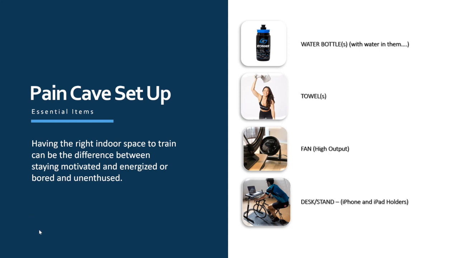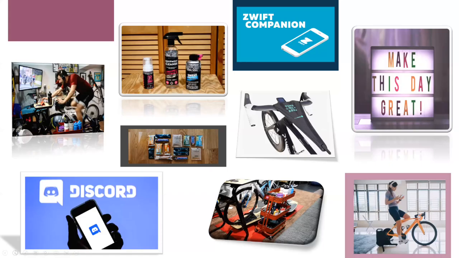Now, these are some of the immediate essential things, but there are other items that I would recommend that you have when you're on the bike as well. And I'm just going to quickly run through each of these, just have little pictures of them as opposed to text. The guy here on the far left, he is what I would call the example of having a dedicated space for you to be able to ride.